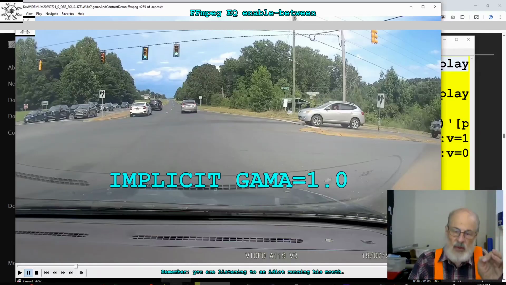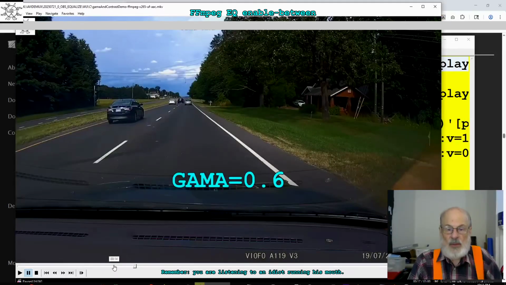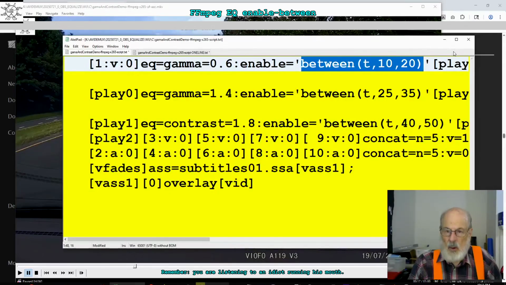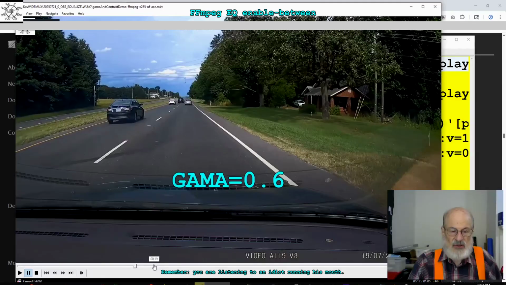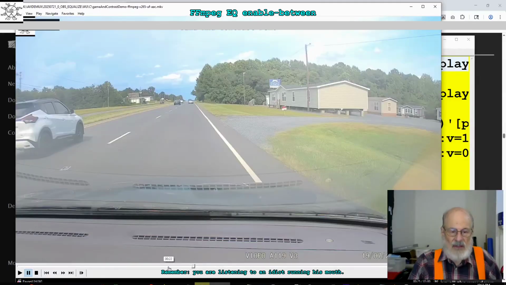And then I authorize the EQ to do a gamma of 0.6 for a short period of time. It's a 1 minute recording between 10 seconds and 20 seconds. Now, the key thing is I didn't chop this up. So once it finishes that,